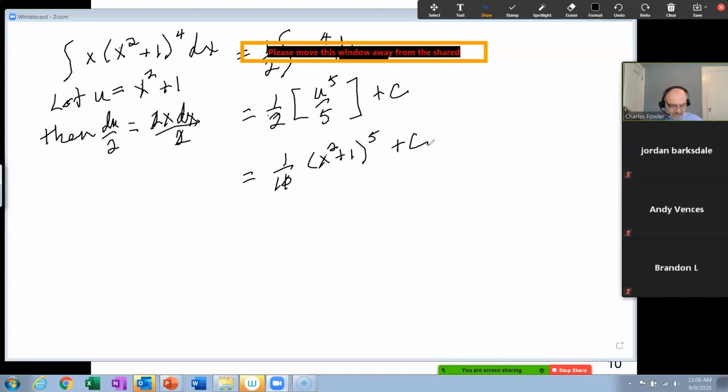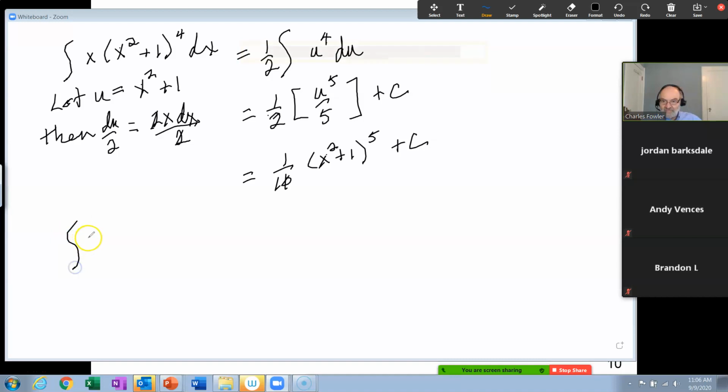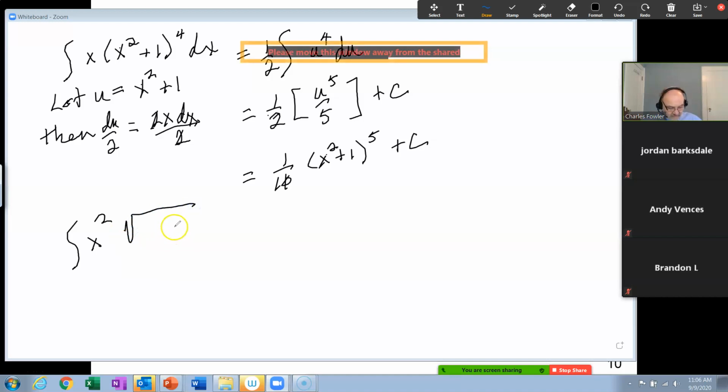And there's your answer. Now, I said I wasn't going to work them out, but I thought we would do that one. Okay? Now, we won't work out the rest of them, maybe. They're so much fun, it's sort of a shame not to. Here's the E problem. The integral of x squared times the square root of x cubed plus 1 dx. See, these are very close to what others we looked at, just a little different.